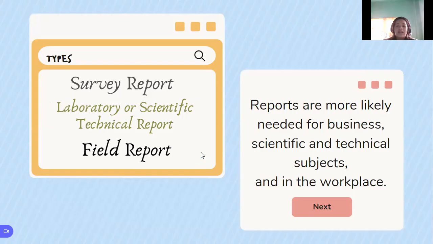Now, reports are more likely needed for business, scientific, and technical subjects and in the workplace. Reports are given so that a person, an employee, a student, or whoever is working will be able to record whatever he has done for the day or the week, or sometimes even for the month. And so the activities that are brought in the workplace are the content of the report. Okay. Well, to be specific, there are differences between survey, laboratory or scientific technical reports, and field reports, and these